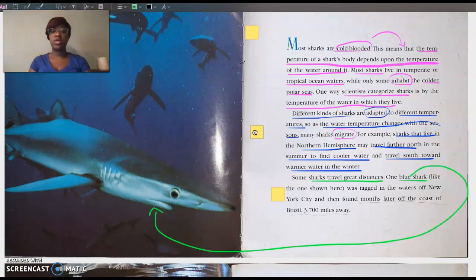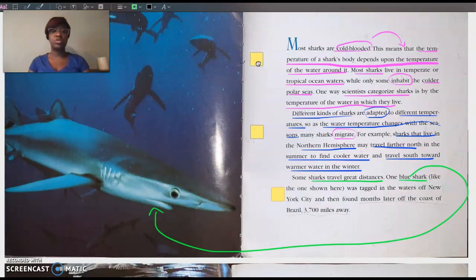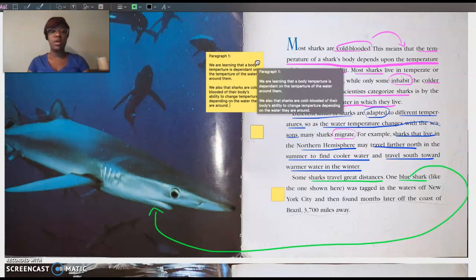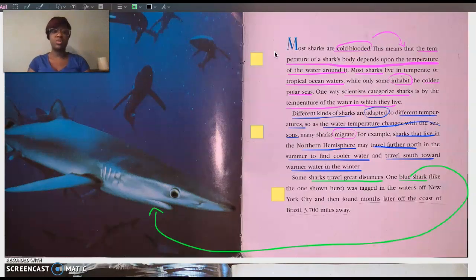Here we learn that sharks adapt to different temperatures of the water, right? And they migrate in search of that temperature of water. And then here we learned that sharks are cold-blooded and their body changes depending on the temperature of the water. Wow, so these all connect.